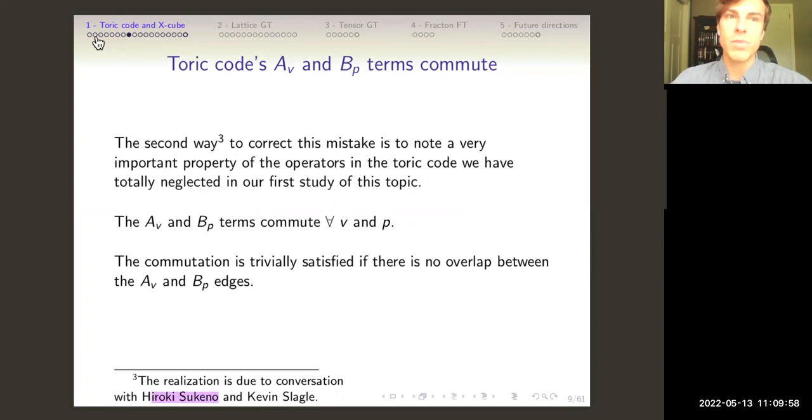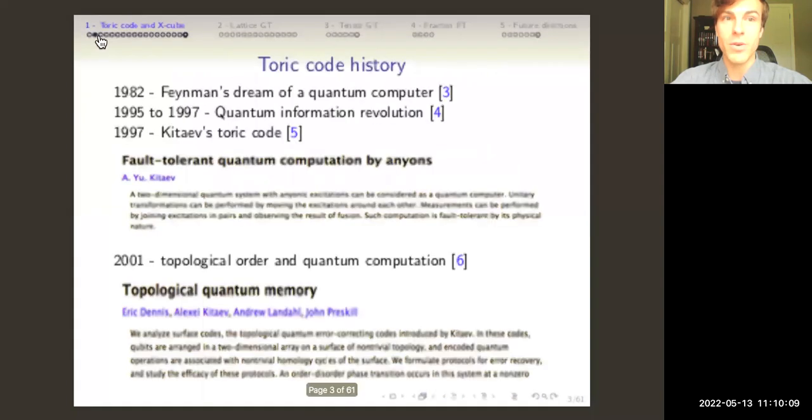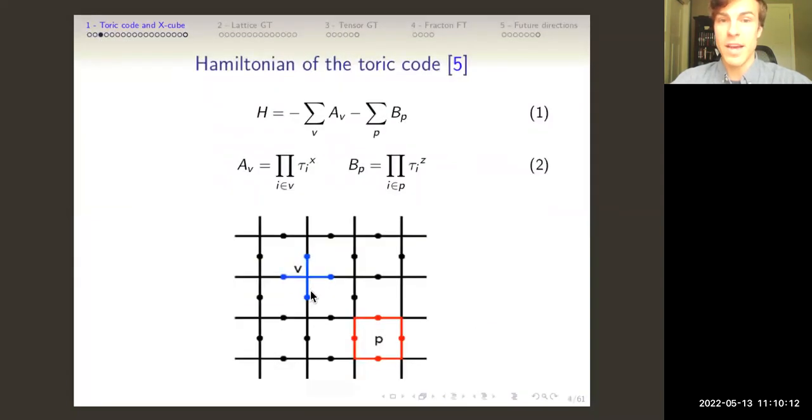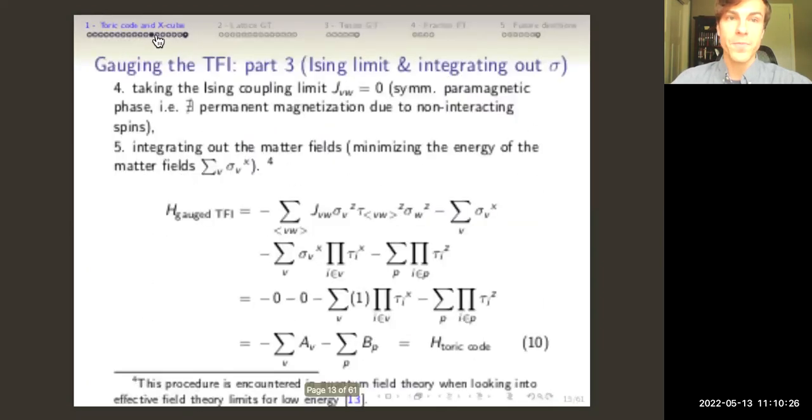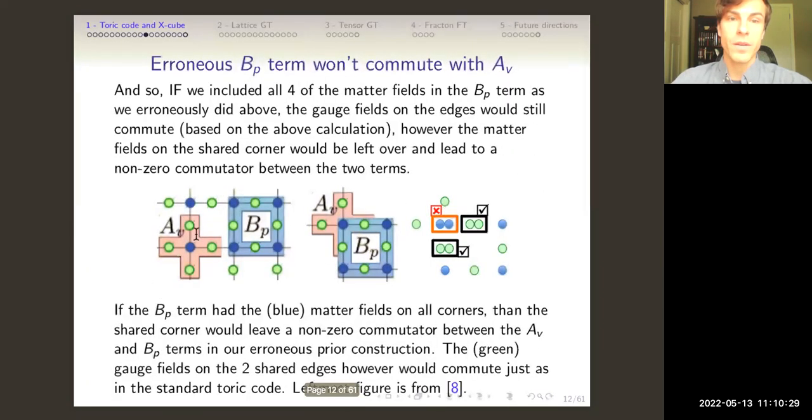And this was something that we completely neglected to discuss in the previous talk on this material, which is that these terms commute. So the easiest way to see that they commute is to have them completely separated. None of these interact with each other. We don't need to think about the algebra of the Pauli matrices in any way. But even if they do overlap, so for instance, let's look at this picture here. So if we take this term and this term, there's no overlap, so we know that they commute unless they share the